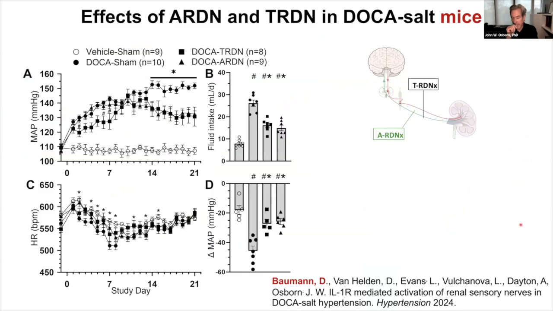The first thing Dan had to show, and this came out last year, was that the mouse looks like a rat in terms of doing total denervation or afferent denervation. That's what this slide is showing. So again, this is the DOCA salt model, but it's in a mouse now. You can see the blood pressure goes up here. And if you do a total renal denervation before, like Chris did in the rats, that is right here. And just like in the rat, what Chris showed with afferent denervation only, you get the same effect on blood pressure. So again, it cuts it about in half.